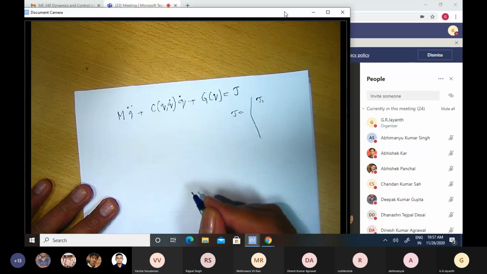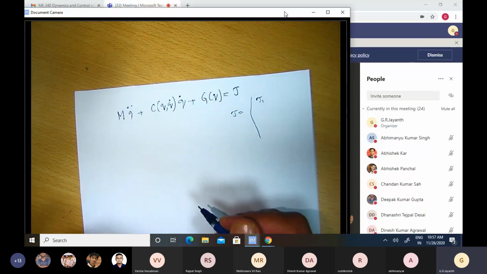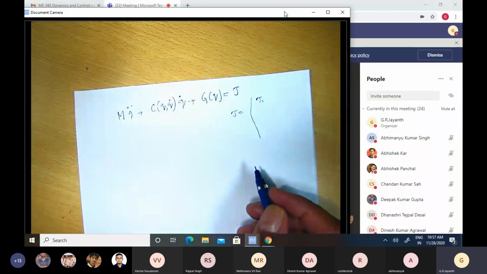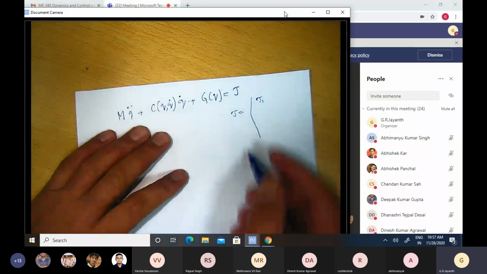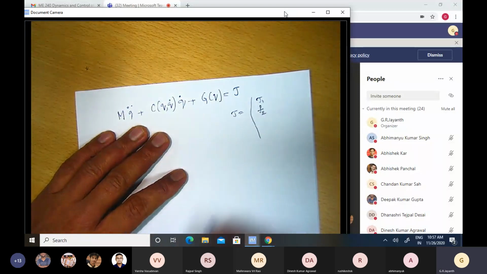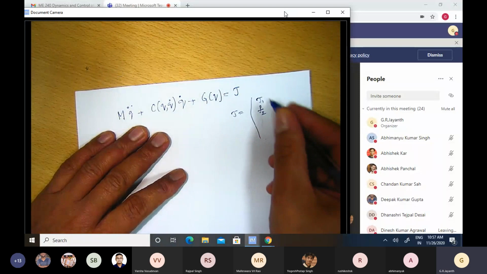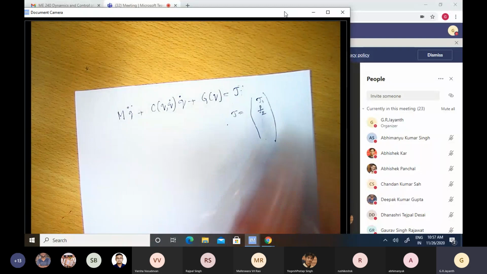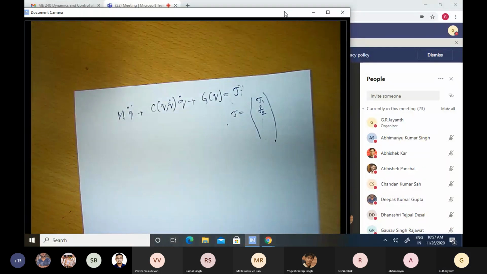It could be tau 1. The first joint was a revolute joint in our assumption, so there will be a joint torque associated with that generalized coordinate. The second joint we assumed was a prismatic joint, so the generalized force is actually a force, F2, and so on and so forth. So this will be on the right hand side, a vector of generalized forces acting on the system. And with that, the derivation of the dynamics of a multi-body system comes to an end.